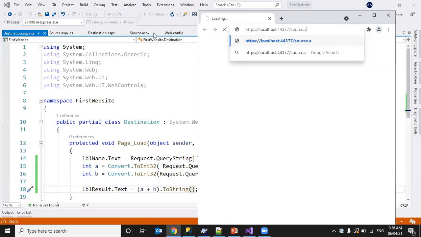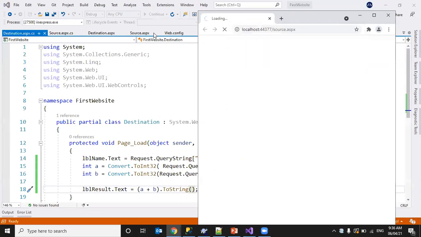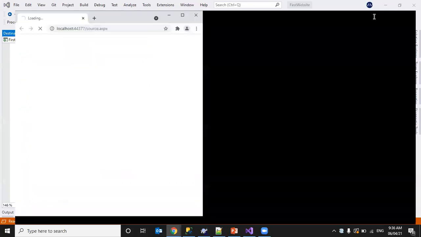First I have to pass data from the ASPX page, right? Let me load that page. I have only one button. When clicking this, I want to go to the destination page.